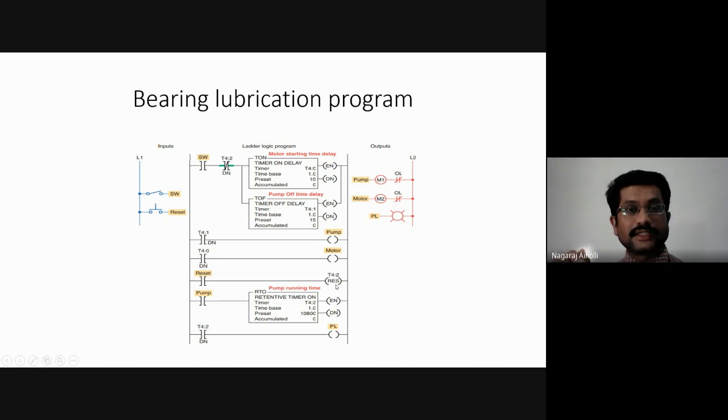The meaning of this reset is we are making 1 to 0. We are making the condition 0. Whatever bit information or accumulated value it has stored, that is 10,800, it will become 0. So once it becomes 0, what will happen? The starting time of this retentive timer will be 0. Again, it is starting from the beginning. The entire arrangement will start from the beginning.